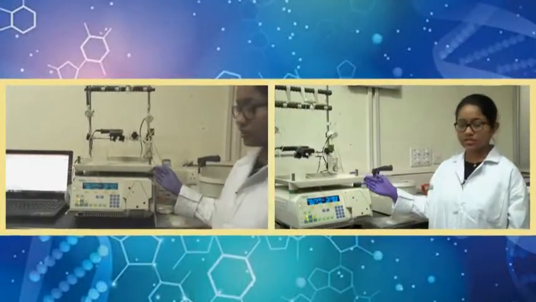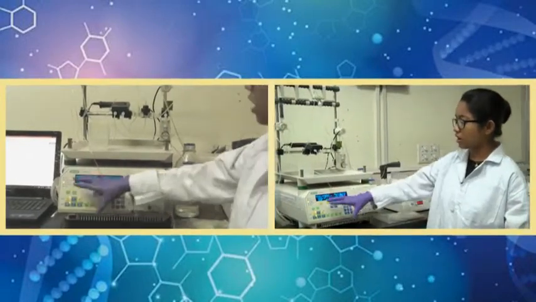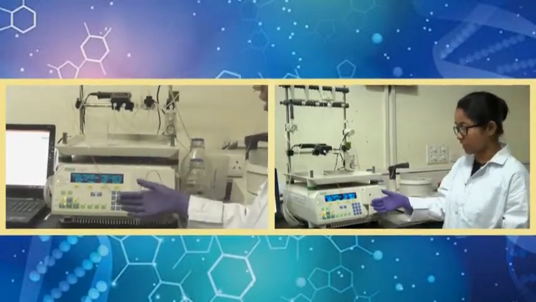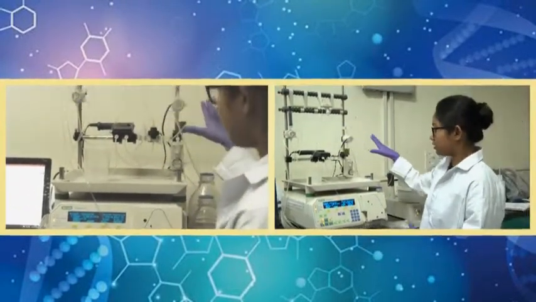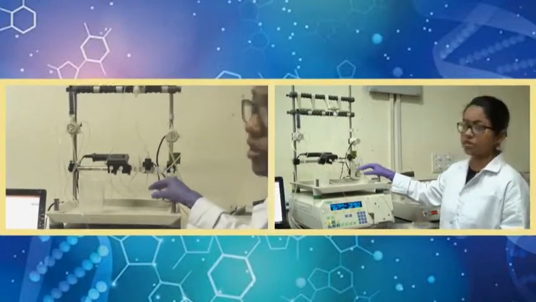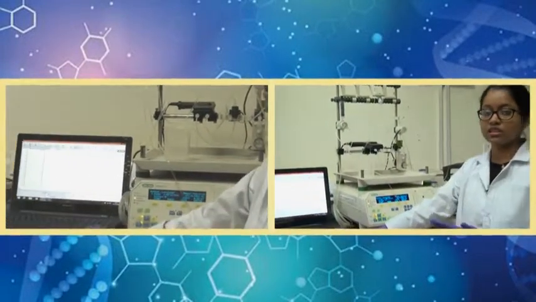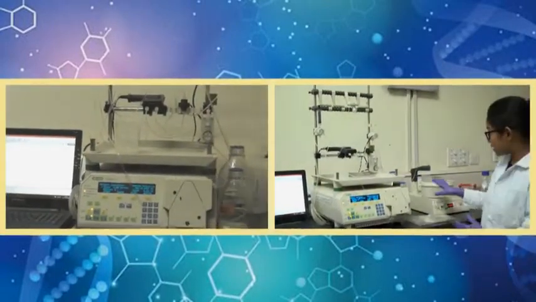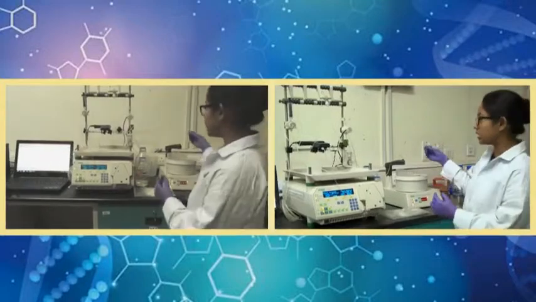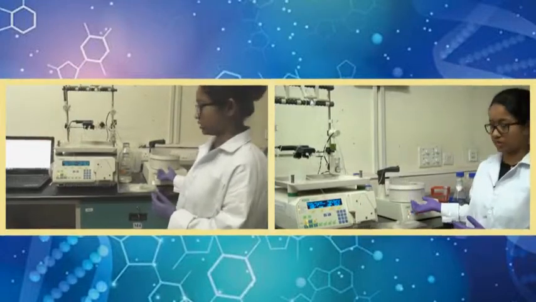So, this is an FPLC system. Here we have a peristaltic pump which will control the flow rate of the buffer, and also a display system where you can manipulate the flow rate, the channels, or the buffers which you are going to use. These are the wiring or tubing of the whole system, which I am going to discuss at a later stage. This is a machine or a laptop where you can see your result or the flow of the buffers. And along with this, there is a fraction collector where you can collect the fractions which pass through your column, so that you can collect your protein of interest in this.